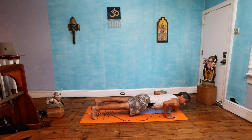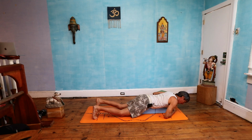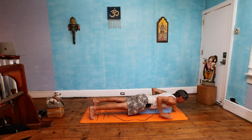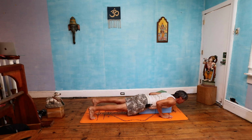Okay, so if you look there, now I can't go any lower, right? The blocks are stopping me, and I've got the block starting where the sternum, the collarbones start, and going all the way to the pelvis, and feel it. There's your samastitihi form, and plant your hands, and then you try to clear your body off the block. Clear,